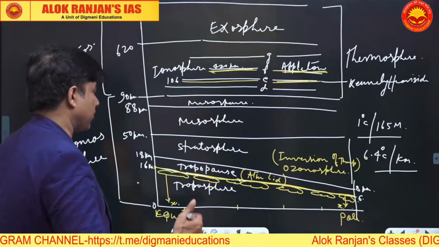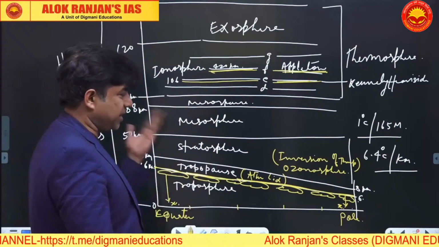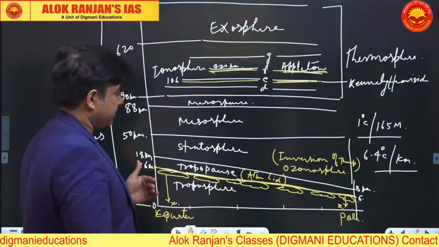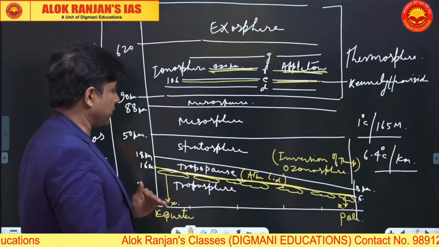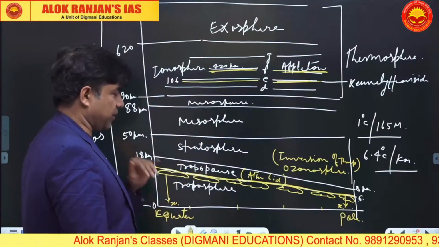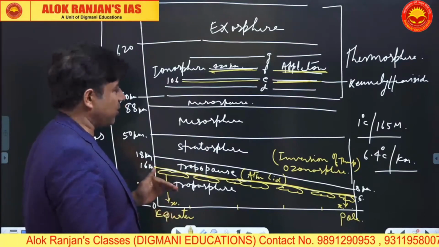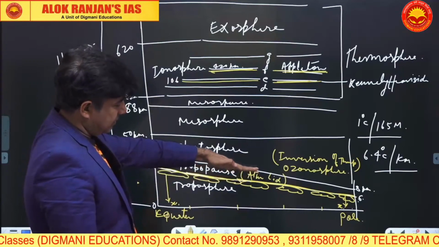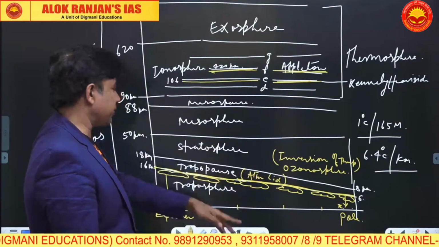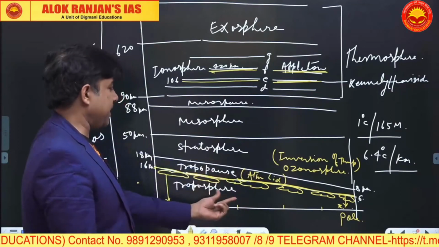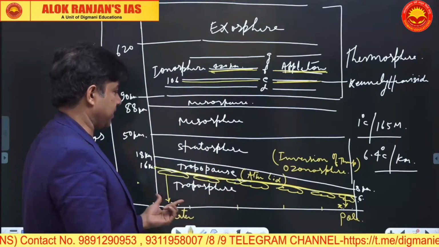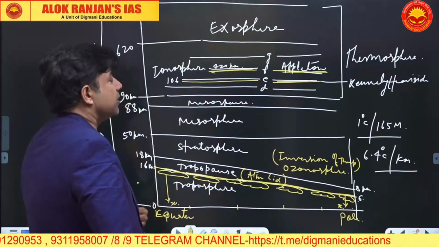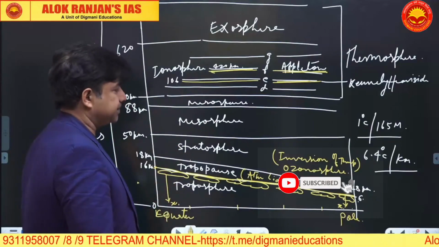Clouds can never be formed above the tropopause because temperature is rising. If temperature is rising, there cannot be cooling and condensation. So cooling, condensation and cloud formation will be limited below the tropopause. And this is how the tropopause is called the atmospheric lid. It's like a cover, like a lid. Below the tropospheric lid, you have all the cyclones and air masses. Nothing is happening above the tropopause. No weather phenomena above the tropopause.